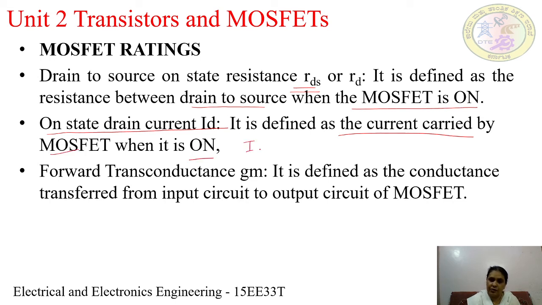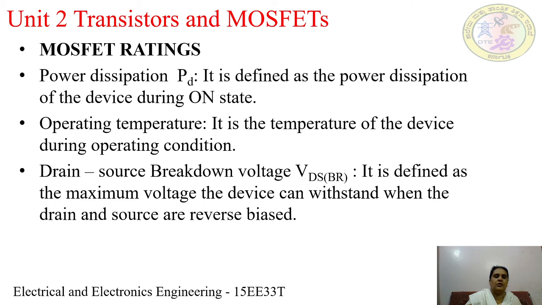In this again we have what is the maximum current that can be carried by the MOSFET. Then if I use the MOSFET as an amplifier, what is the amplification factor I am going to get? That is given by the transconductance of the device. Also we can obtain the different